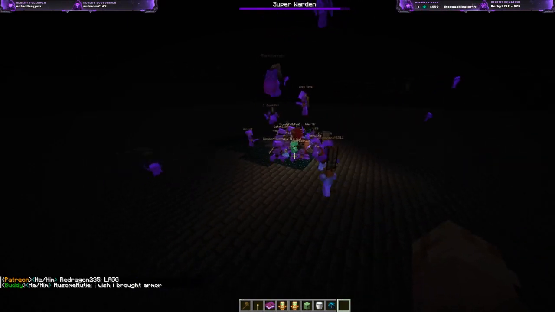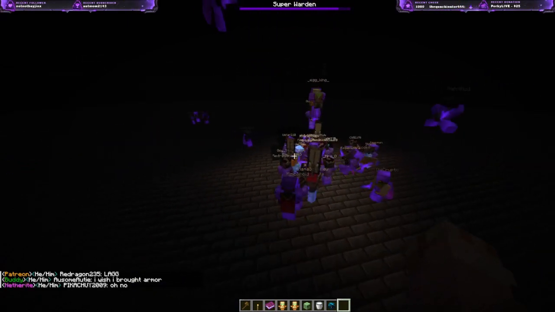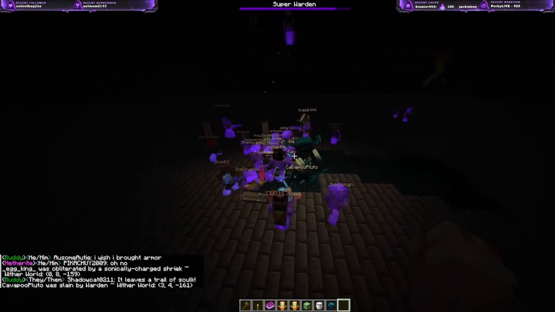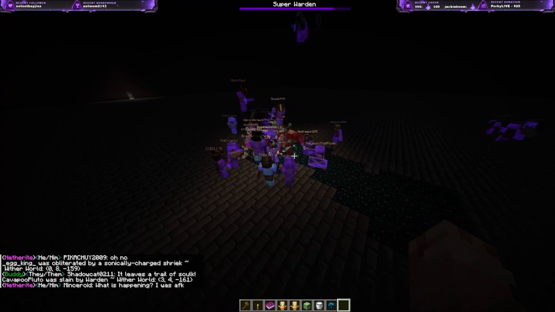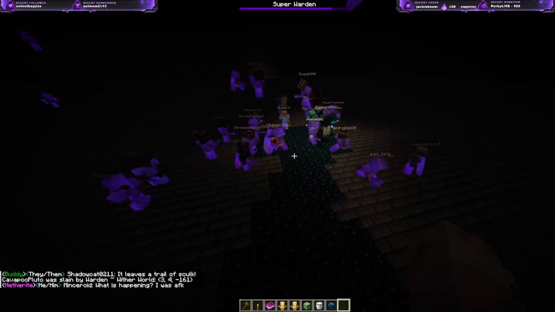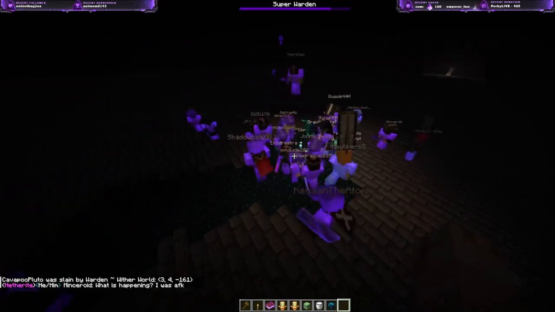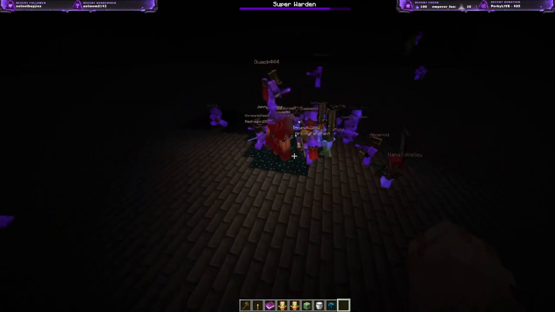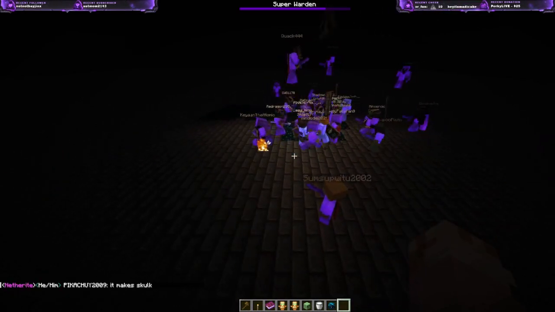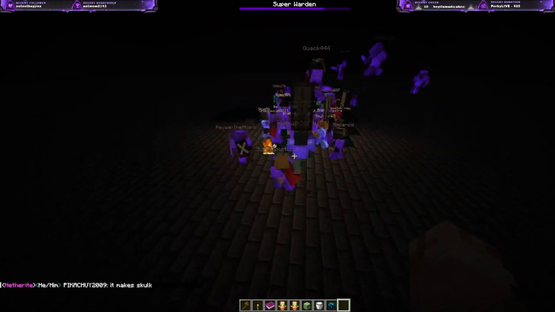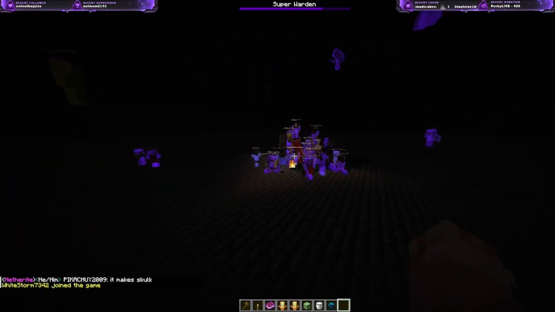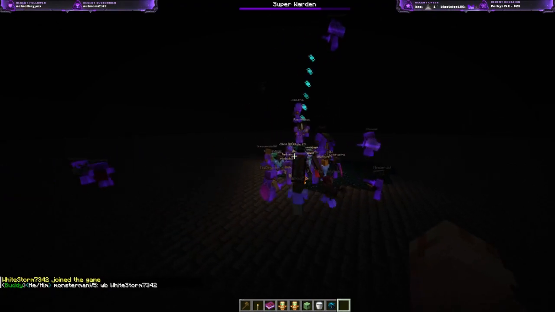Has anybody figured out what's unique about this warden besides its health? It doesn't do as much damage. Yeah, it does the same amount of damage. Its trail when it walks over stuff turns into skulk. Not only that, but if you notice he's lit up, it's because everywhere he goes, it puts a light under him, and skulk trails behind him. So in this dark room, you'll always be able to see where he is because he literally lights up.